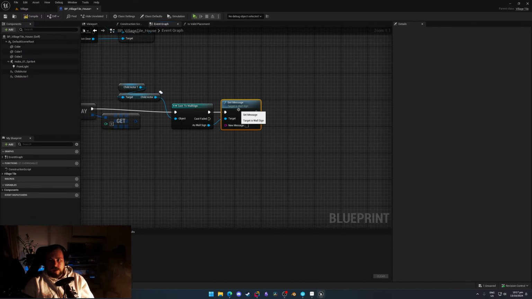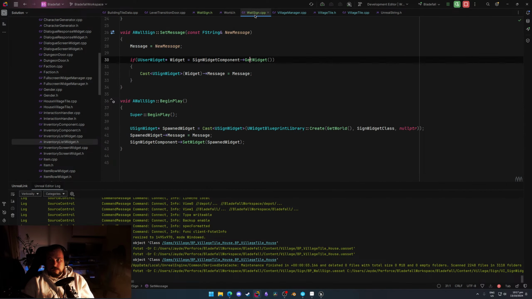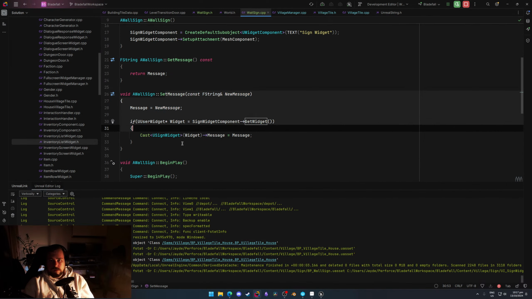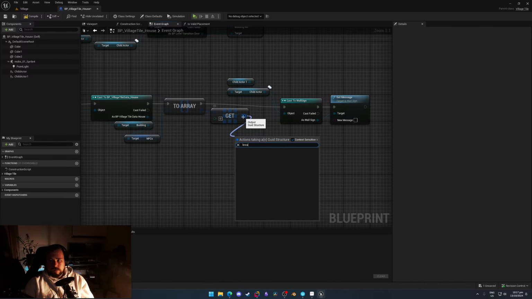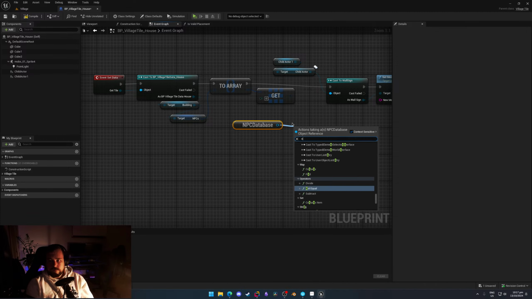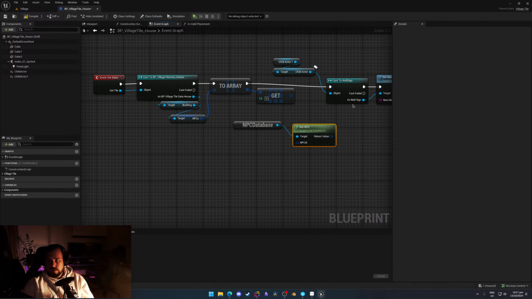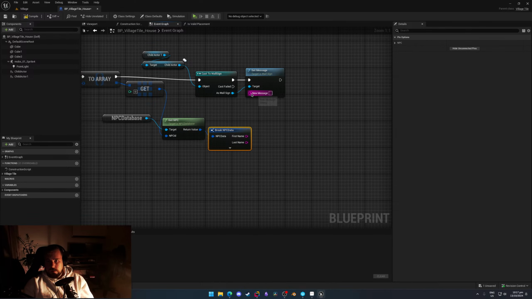Set message on the actor, and inside the actor I already passed it through to the widget. Remember, I did that here. Yeah. And that is good. We'll look up that NPC's data, and now we can do